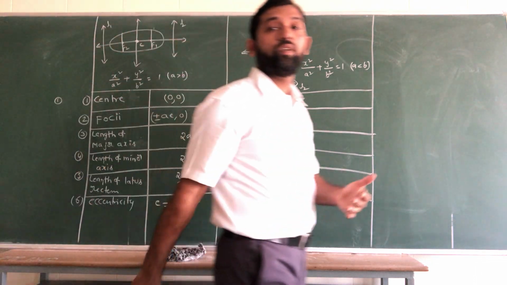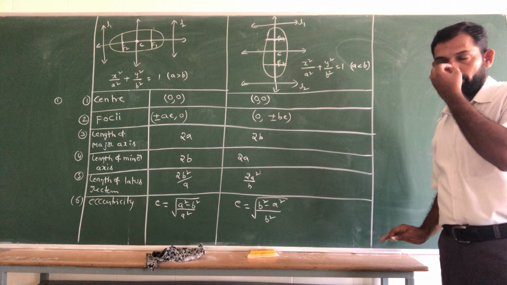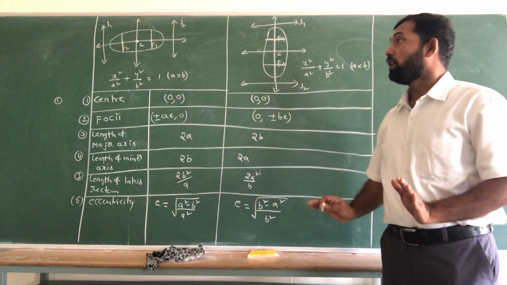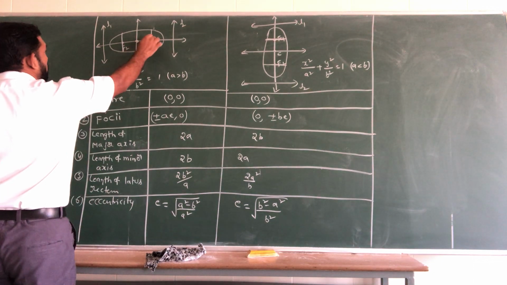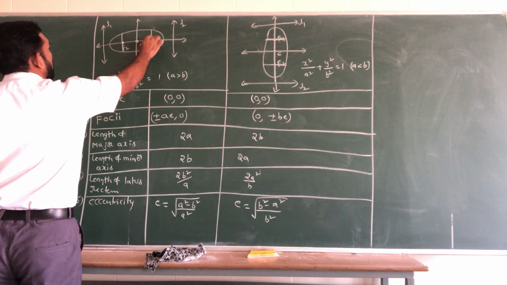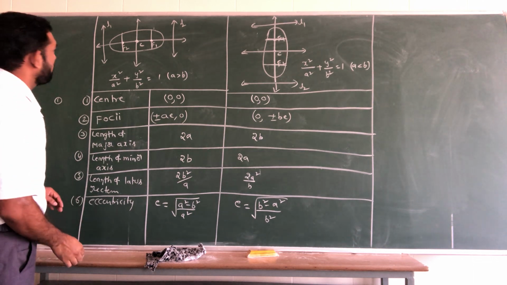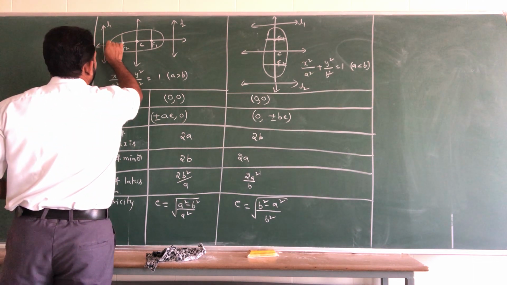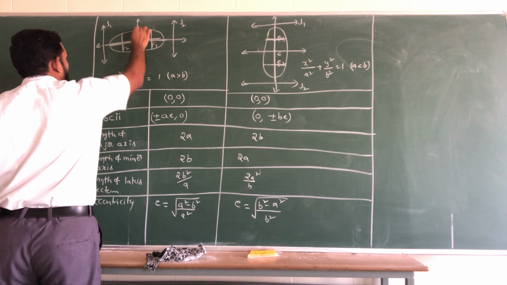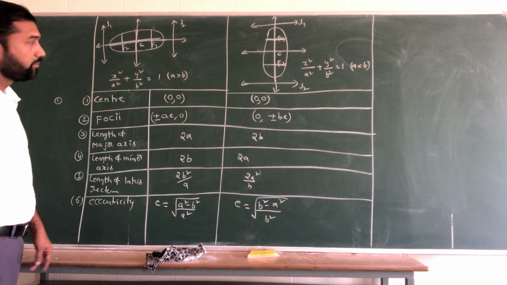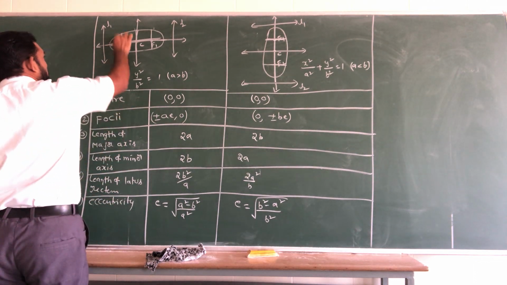So many points we will discuss in the competitive exams. So starting you have to learn what is the ellipse definition. Here you see, center means this one, foci means this one, F1, F2, plus or minus given. Next, length of the major axis means this one. This is major axis length. Minor axis means this one in the diagram. Next one is the length of the latus rectum. This length, this length.